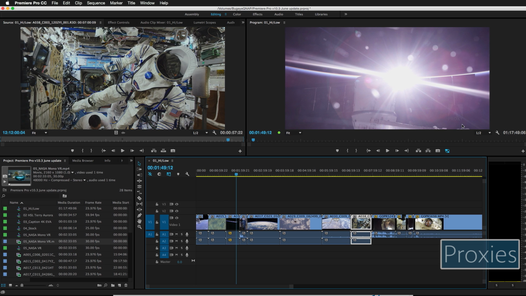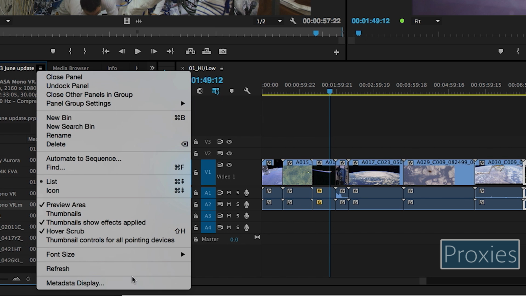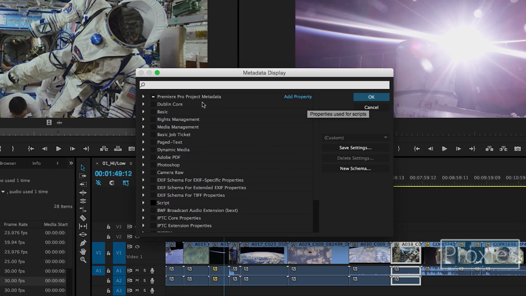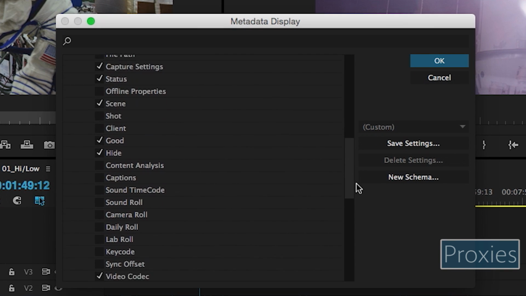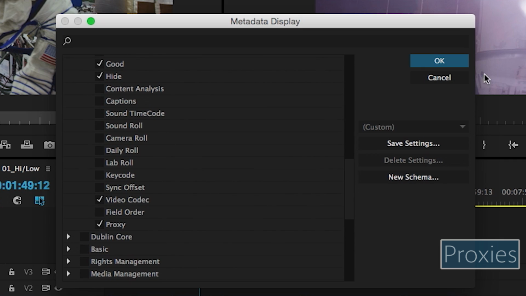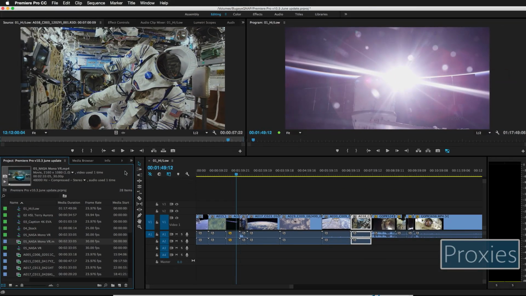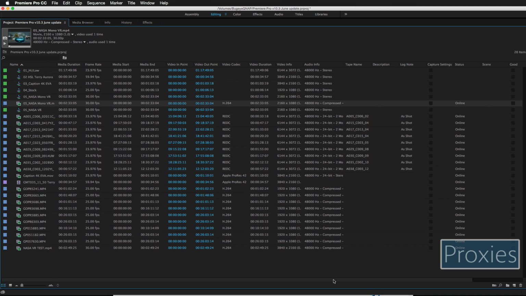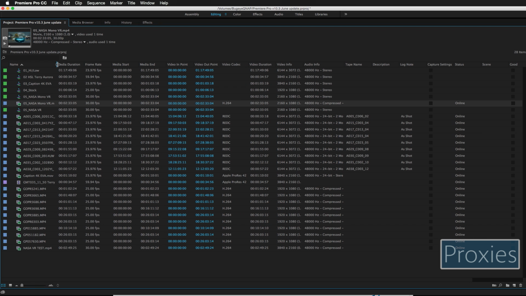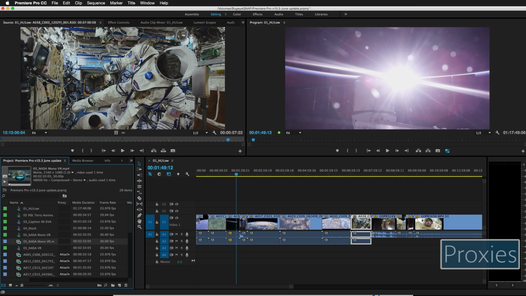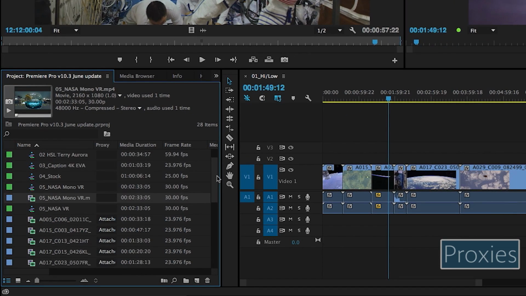How can I tell whether or not I have proxies attached? One of the useful ways you can do that is to go under the project menu here and choose Metadata Display. Under the metadata display, simply go to the Premiere Project Metadata, scroll down until you see Proxy, click OK. I'm going to take the project panel out full screen by hitting my toggle switch to full screen. And you'll see Proxy all the way here on the end, and I'm just going to move that right next to my project name, toggle that back down to the normal view,